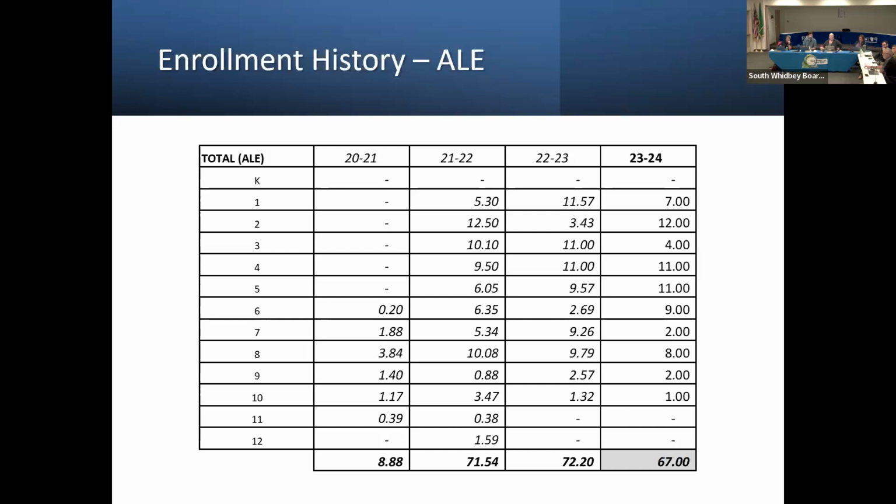When it's just a movement of kids in the program, the other part of it is it would then reduce the funding I would see in my basic education program, even if it increased the funding in this program. So from a budget standpoint, it doesn't change the funding, actually reduces it because ALE gets funded a little lower than basic ed. So when we talk about the dollars that it creates, unless it's totally new students, it doesn't change the budget. Make sense? Yeah, thank you. Okay.